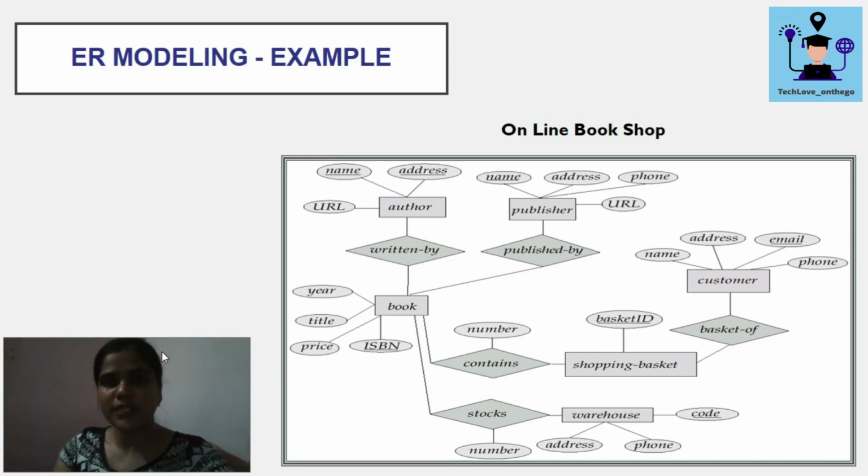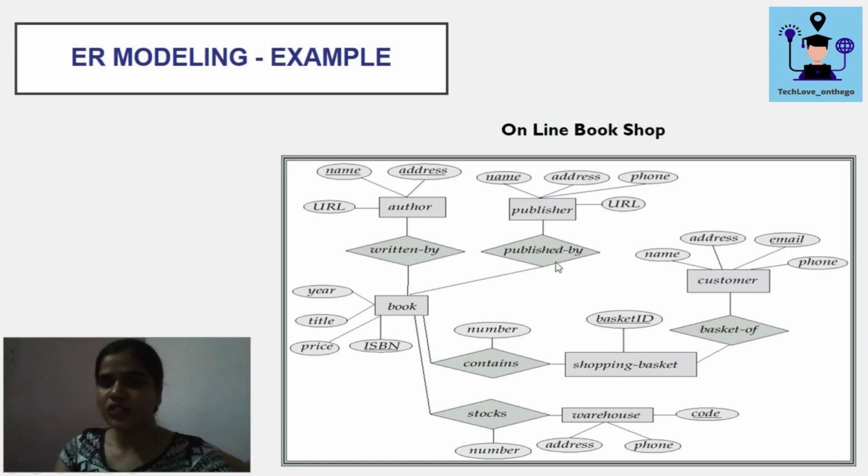So the key attribute is represented with the help of an underline. That's why ISBN has an underline. And we have other attributes of book like price of the book, title of the book, year of the book, whenever it is published, and this book is written by some author, and that author has some unique attributes like name and address of the author and URL for the website of that author.